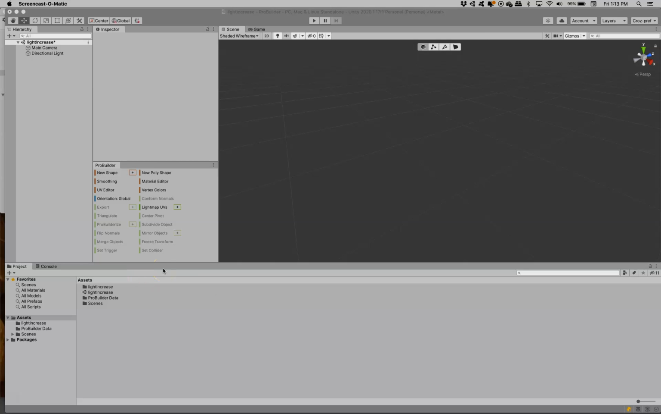One of the first things that I'd like you to try to do with ProBuilder is to build a poly shape. So here in the ProBuilder window, in the ProBuilder panel, there is a button named New Poly Shape. If you do not see this as text,